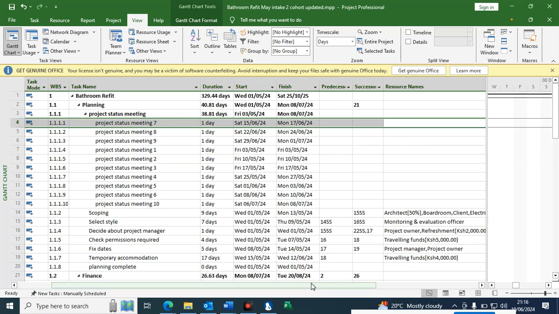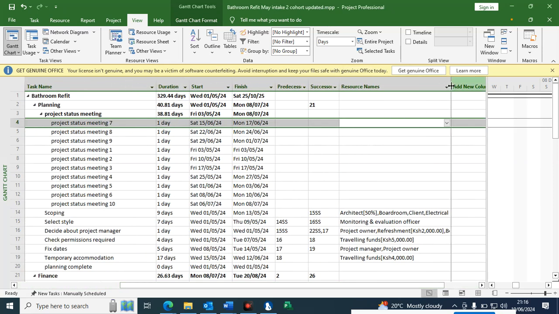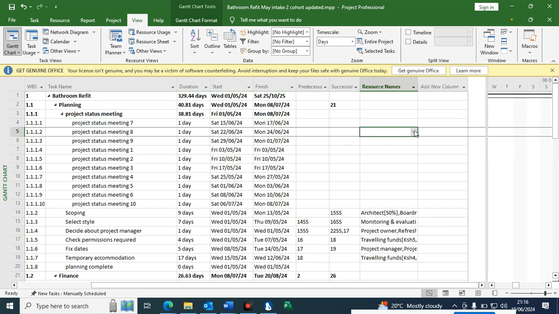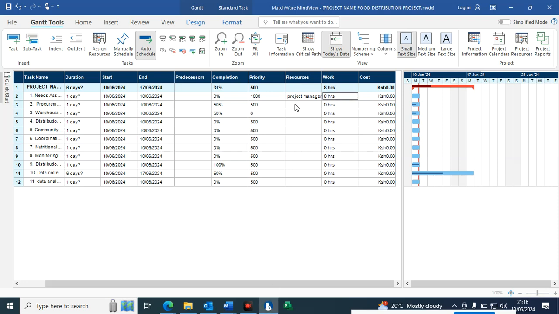Let me check what we have here. So we have our resource names here. This drop down arrow will help you to select the resources. Same in MindView, when you click resources and double click it, you can see all the resources,